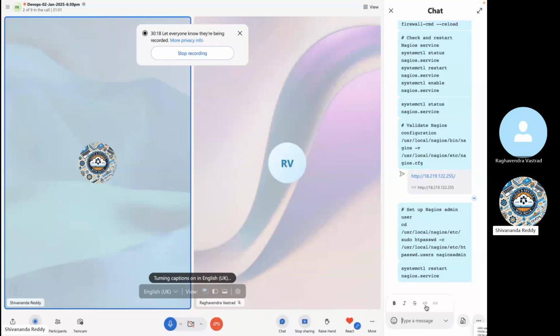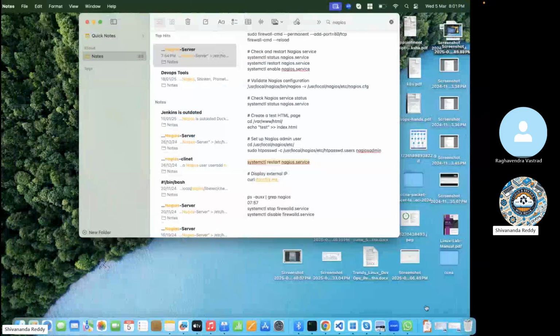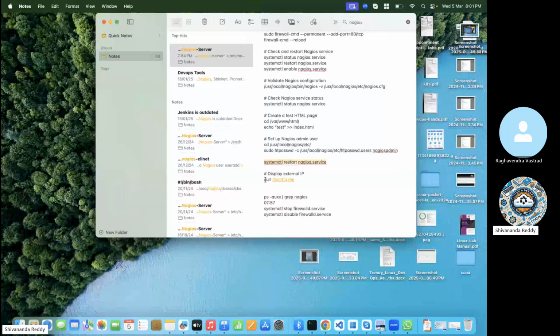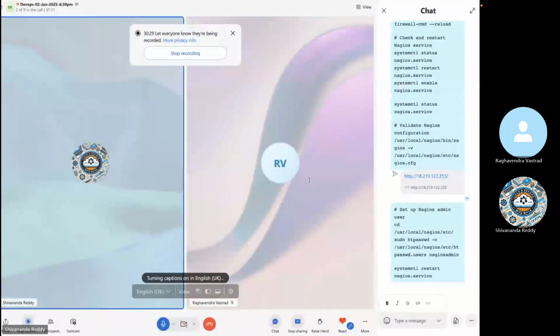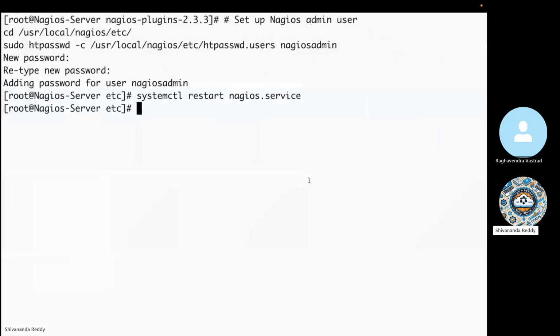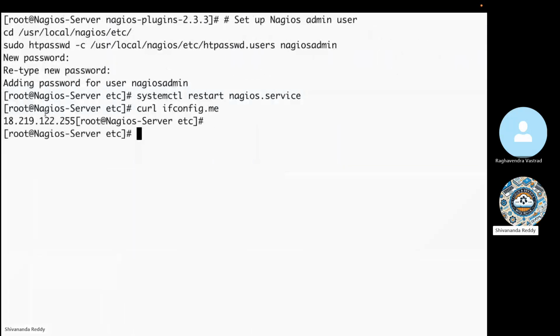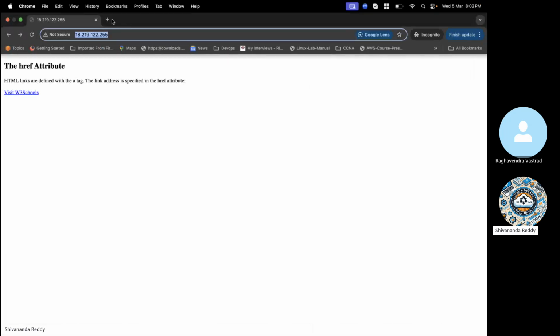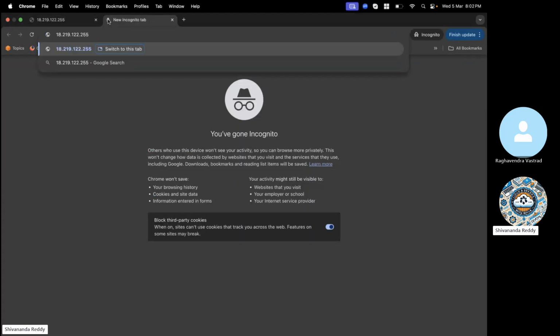But only one confusion will be there: there are plenty of commands. Those are the only problem. Okay. Then we can display the IP address to get that public. We can see the IP address. We can copy this IP and go to the browser and paste it, followed by slash